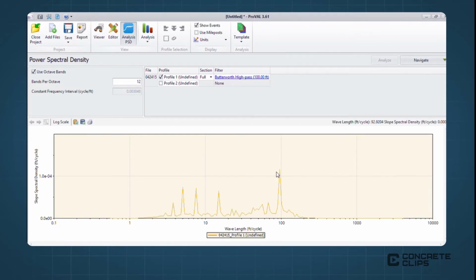And now I can start to see some of these peaks here. Again, this one's 95 foot. It's probably not terribly relevant to IRI. But we see a peak here right around 15 feet. And I know on this particular project we had dowel baskets every 15 feet. So my guess is that the content we're seeing at 15 feet is related to the joint spacing or the dowel baskets. But again, the main point is this Power Spectral Density tool allows us to identify repeating patterns